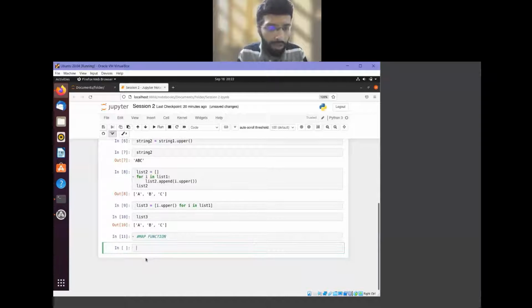For the map function, you can define it like list 4. My example was very simple, and the list comprehension method was very easy. But suppose I have a very large data set. List comprehension is not memory efficient, so a more memory efficient option is map. We will see how we can implement this with a map, and then how the lambda function is implemented there.